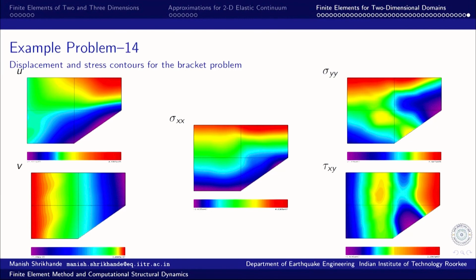Of course, these are what we call smooth contours. Raw contours, as we compute, do not look so continuous and beautiful. There would be jagged lines, because the continuity of stresses is not guaranteed. Continuity of displacement is of course guaranteed across the element boundaries, but not of the stresses, because the derivatives are going to be discontinuous, and therefore the stresses should also be discontinuous across the boundary, and that level of